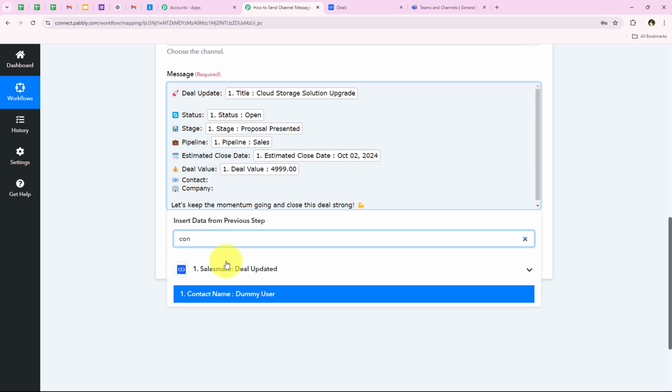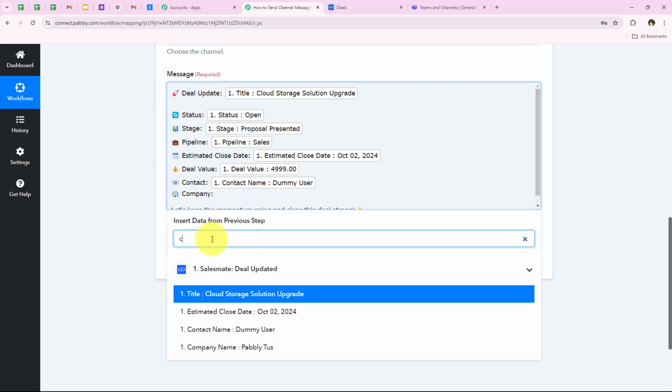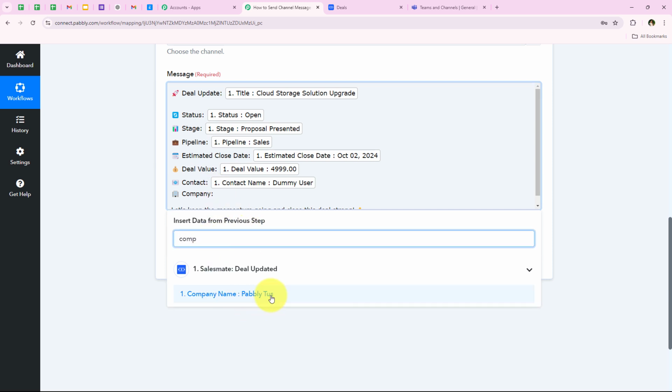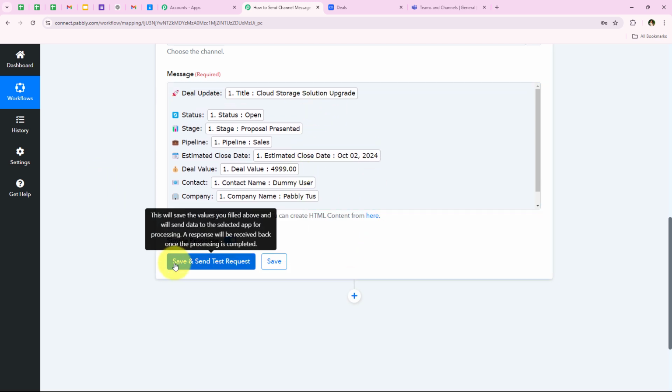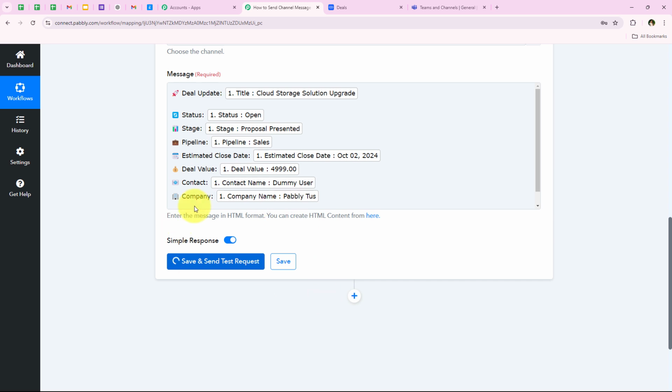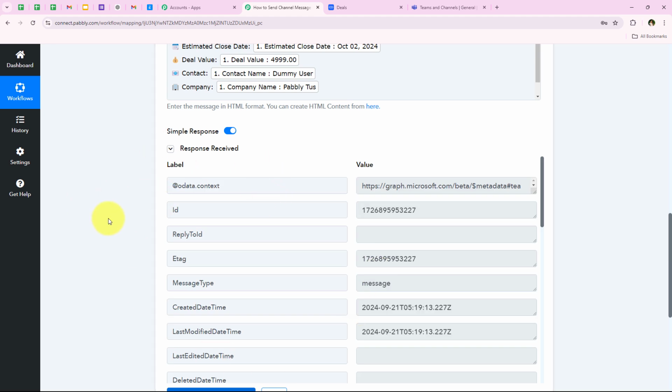For that I'm going to look for contact name, and as you can see dummy user, we are going to map it. We are going to map the company name too. As you can see Pabbly Tools, we are going to map it. And after mapping all of these details, I'm going to click on save and send test request. And as soon as we click on the save and send test request button right over here, you can see that we have received a positive response that we have successfully sent an automated message on our Teams